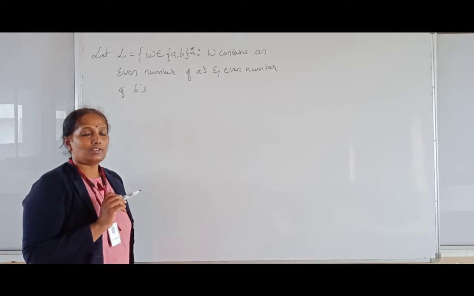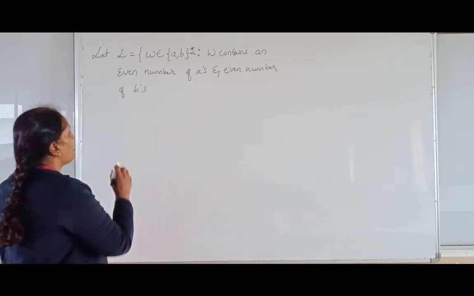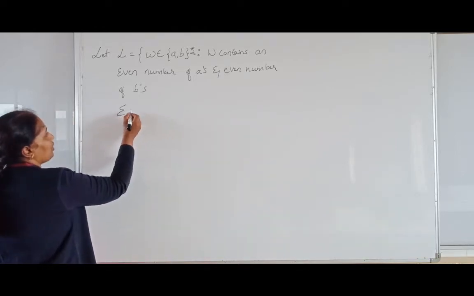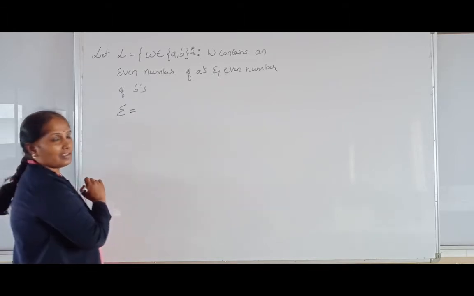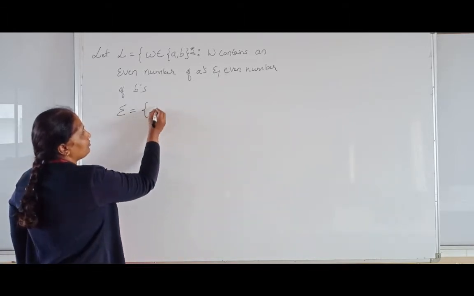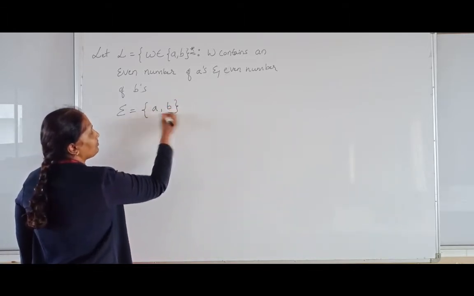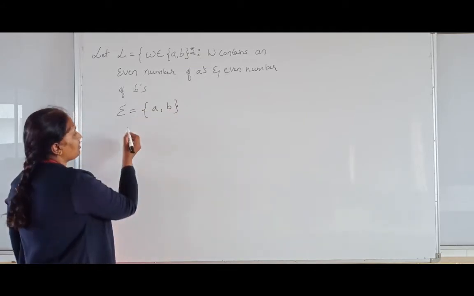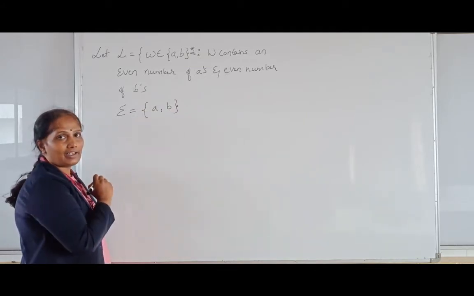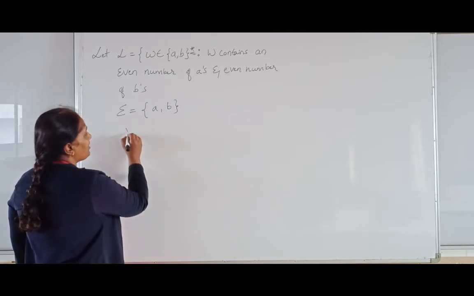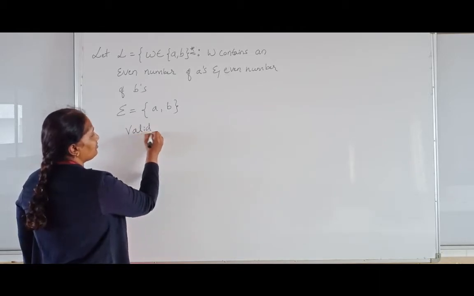and B's are even. The first step is you are going to identify the alphabets here. So, alphabet equal to {A, B}. Next, you are going to write the valid and invalid strings. Valid strings in the language are